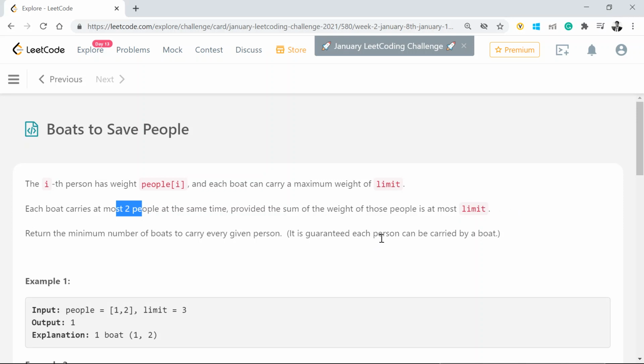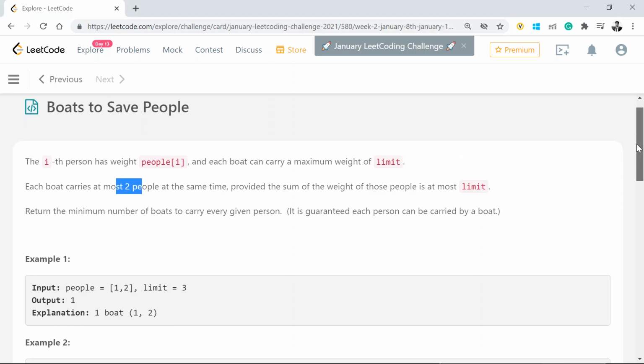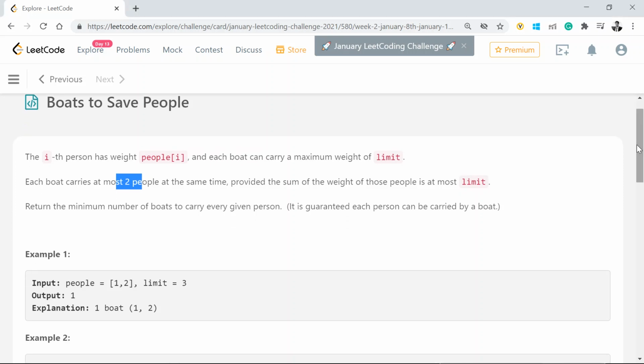So this looks like a puzzle scenario which we used to have in our childhood days, wherein we were always asked how many times you need to go to and fro in order to cross a river if you are given n number of individuals whose weights are XYZ. This is more or less that puzzle: how many boats are required to move n number of people from one side of the river to the other side.